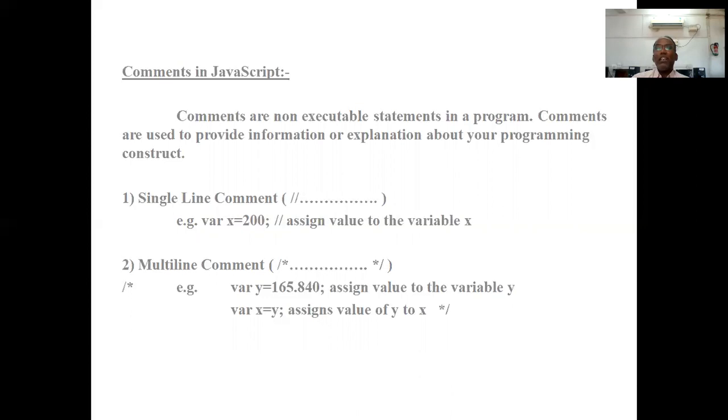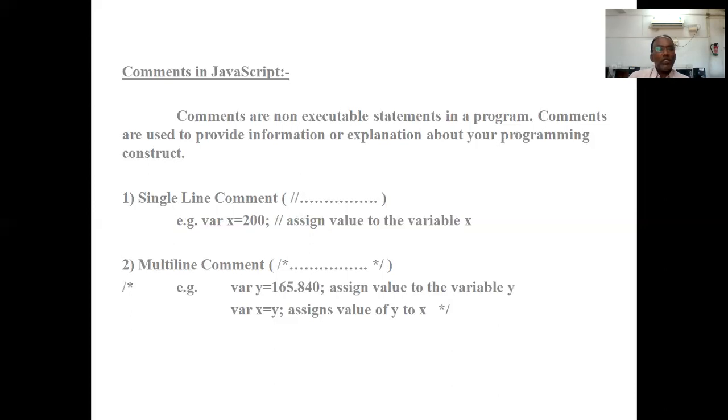The second type of comment which we can use in a JavaScript program is multi-line comment. Multi-line comments are used to comment on more than one line. So if you want to comment on more than one line, we can use a multi-line comment.